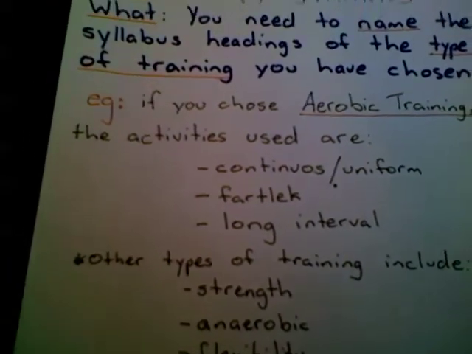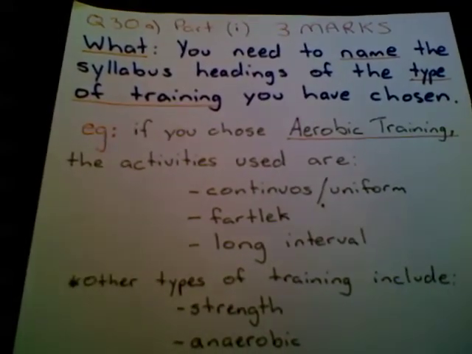So just having a look at a bit of a sample answer, remember, we look at the key term, and what's the key term asking you to do? The key term is saying you need to name the syllabus headings of the type of training you have chosen. So let's say you chose aerobic training. The activities used are continuous/uniform, fartlek and long interval. It wouldn't hurt if you wrote 1 or 2 sentences about each of these things, even though the question is what. Just putting 1 or 2 sentences there just covers all bases,